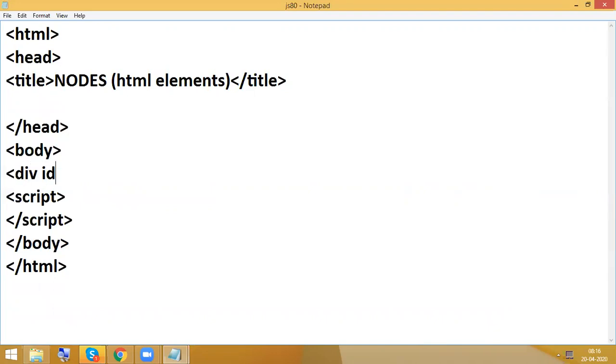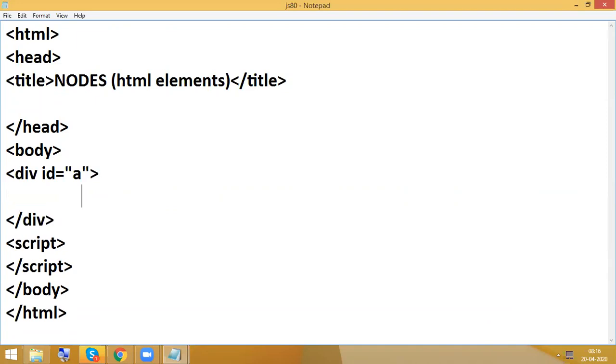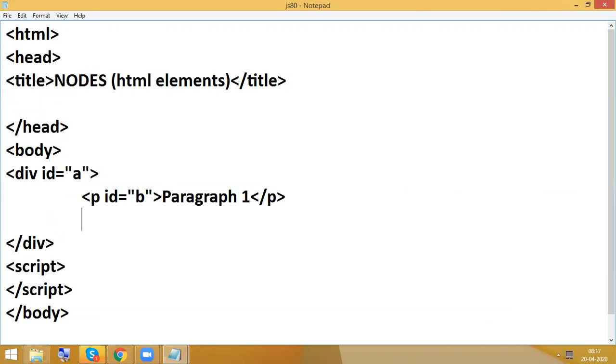So here I have a div with id equal to A, a p with id equal to B, paragraph 1, and a p with id equal to C, paragraph 2.